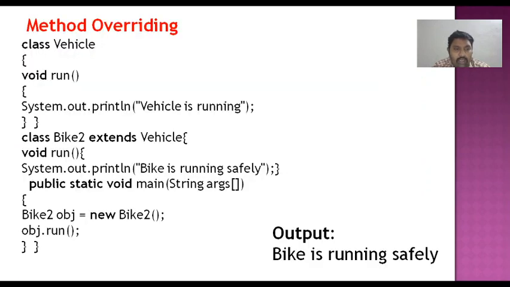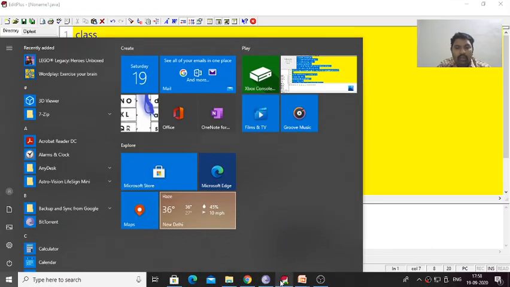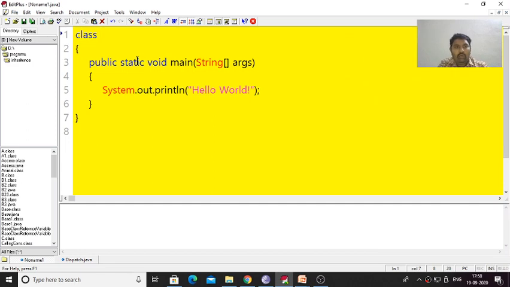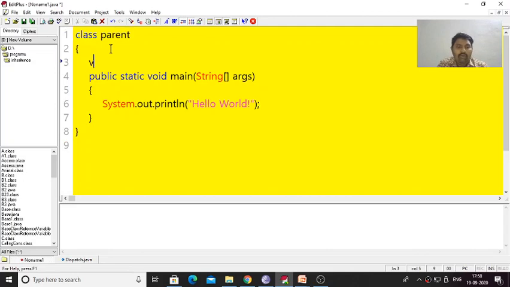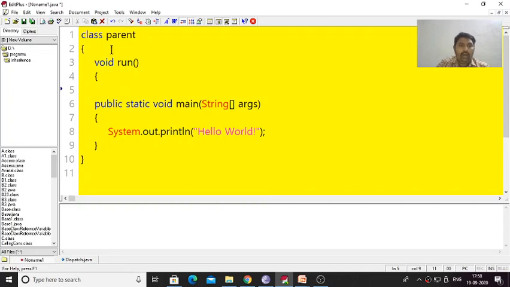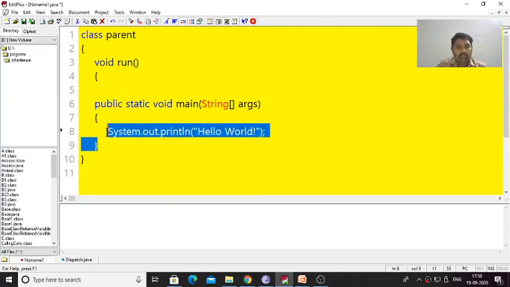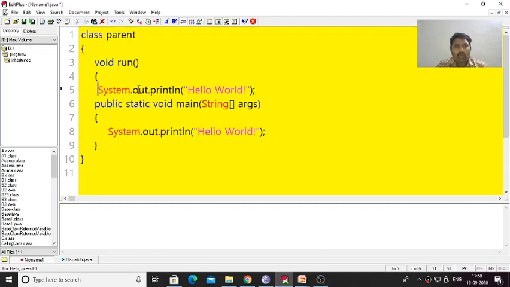For this I will show you a piece of code, then you can understand how we can write the code for this method. For example, here I have a class called Parent, and here I have a method called void run. Here I am providing a simple implementation for this parent class method in the run method. We are going to print "parent class run".